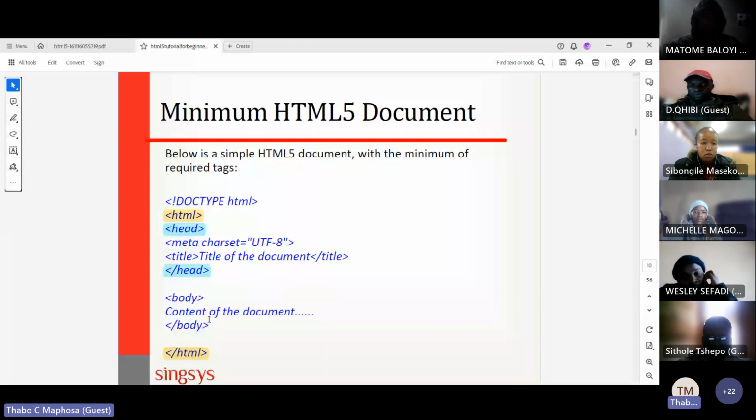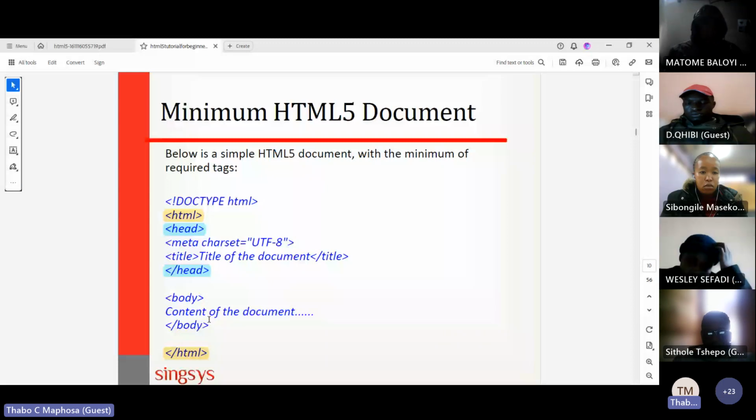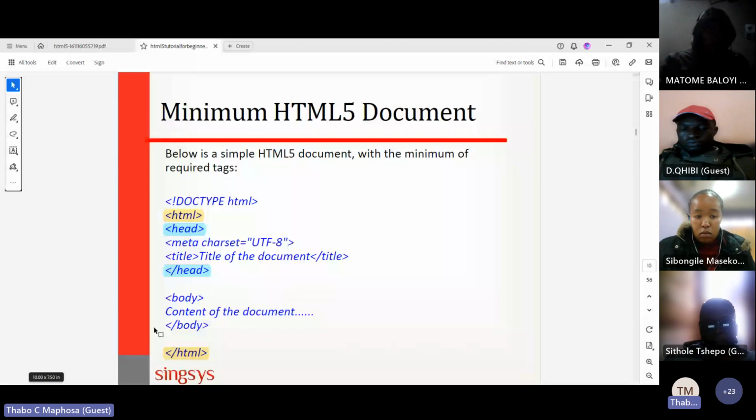So now what comes next here is the head tag. This is where you put the headings of the different websites that you are dealing with. Inside here you've got the title of the website, which I'm going to explain. And then you've got the body, and since you open the body, it also has to be closed. In the body is where you put the content of the website. All the content of the website has to come here under the body.